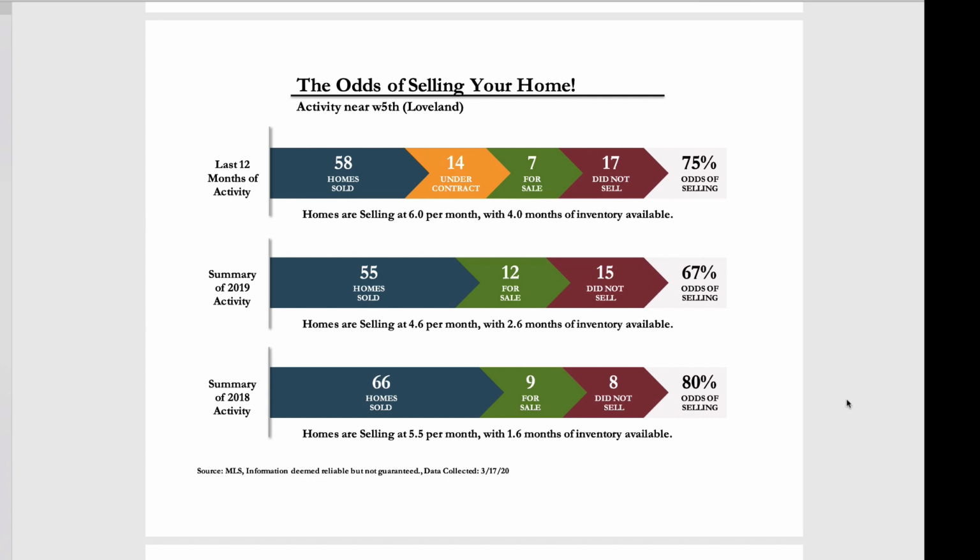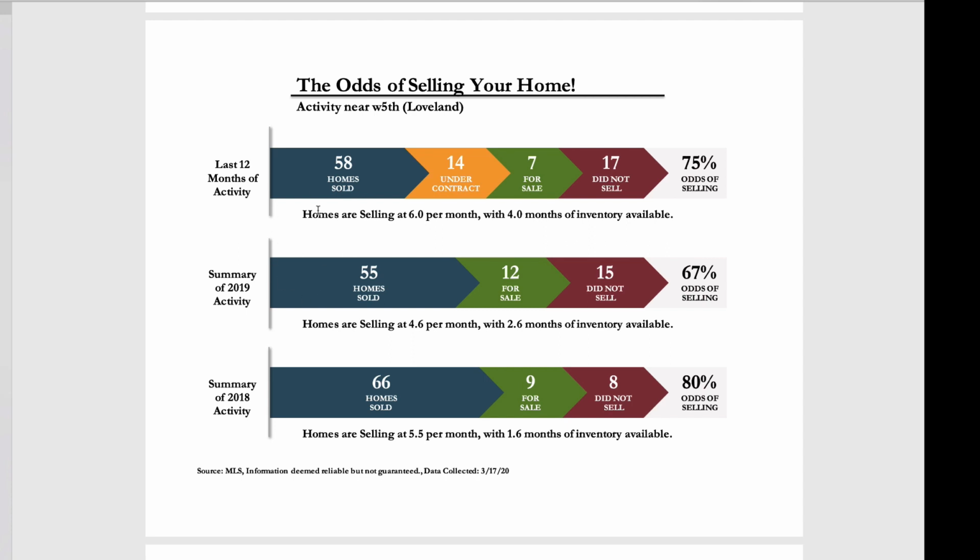Great. This is a picture of what we call the odds of selling. Basically, it's a summary of all the real estate activity in your area over the last 2 years. On this bottom graph, we can take a look at all the activity in 2018. The middle graph is all the activity in 2019. And this is the last 12 months. Now, we did this data March 17, so this is about 3 months of 2020 and then 9 months